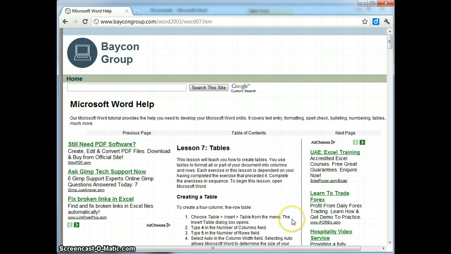Now, for me, that's not very useful because I prefer the help that's inside Microsoft Word, where it gave me step-by-step instructions of how to insert the table, and gave me pictures as well to illustrate the buttons that I need to click on. So for me, this is a very good help. Just giving someone the text doesn't seem to help as much as giving them the text and the pictures. So I'm just going to go back.